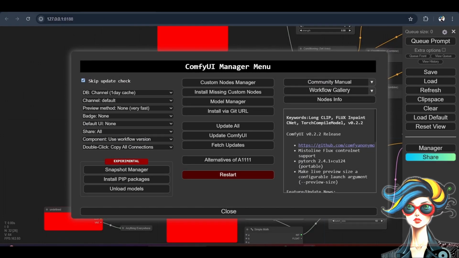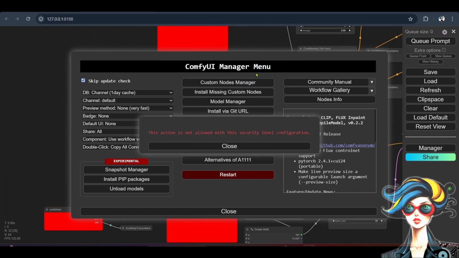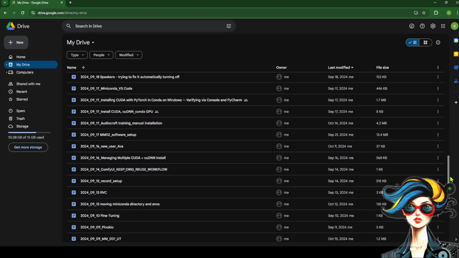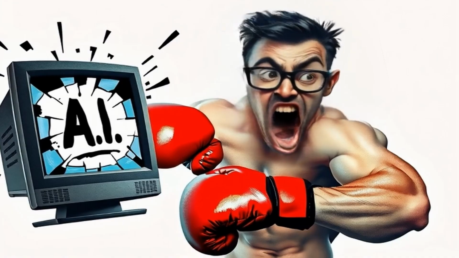Troubleshooting. There's no way around it, but learning how to troubleshoot is also part of the deal. You can copy and paste error codes, Google them, or ask ChatGPT. You might also document everything, such as dates, activities, and steps. For example, I like to keep a running log of what I installed and when, so I can track down any issues later. So let's kick things off by breaking down some common AI lingo, then dive into the hardware you will need to build your very own AI muscle station.